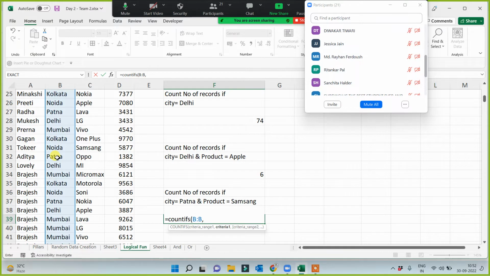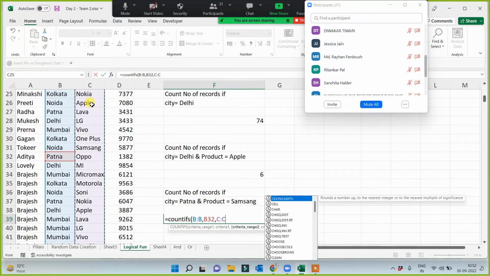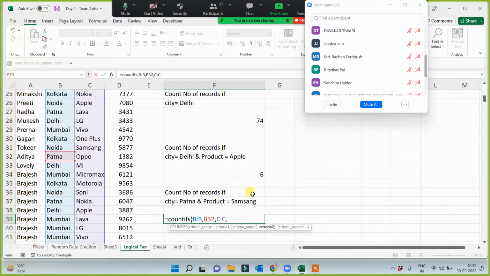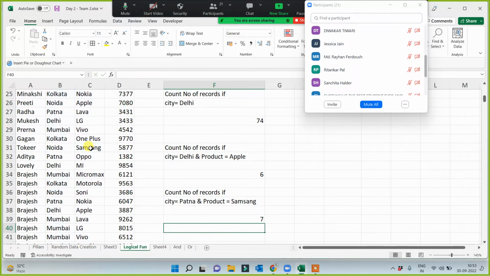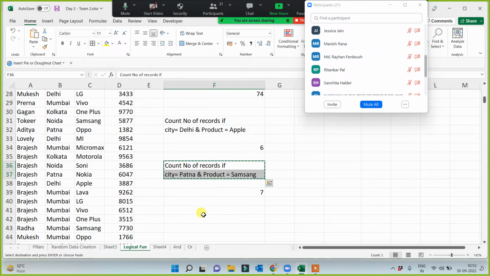After selecting this, you have to give the criteria, which is Patna. Then there is another criteria range, which is product, and then you have to give the product. Select the product name also. That is Samsung. So this is the answer. We have 7 records. We have sold 7 Samsung in the city Patna. This is the answer. The same way you have to answer the next question,